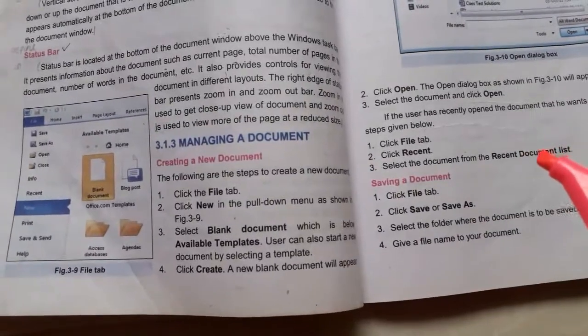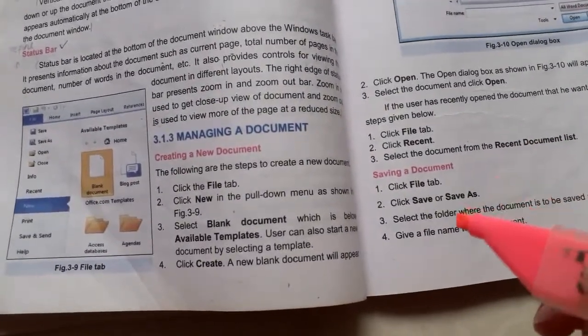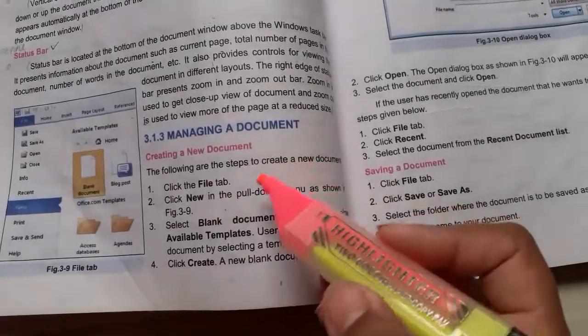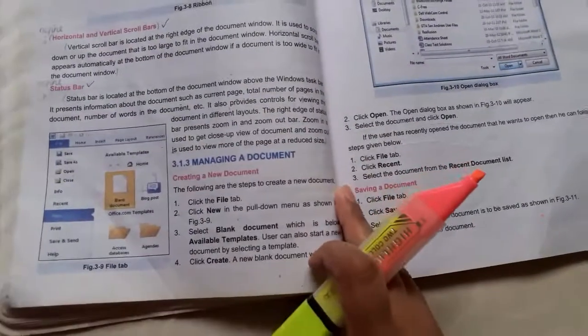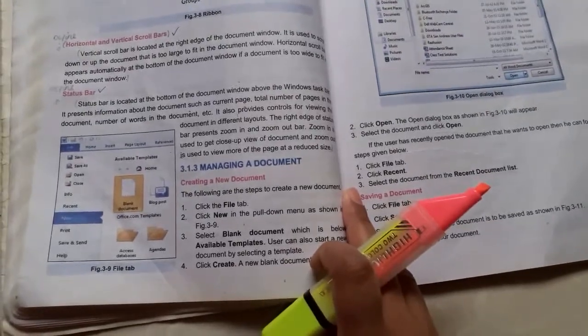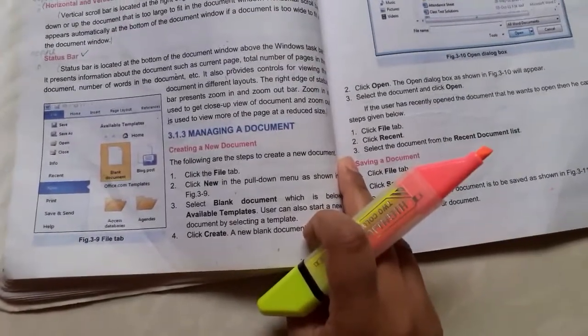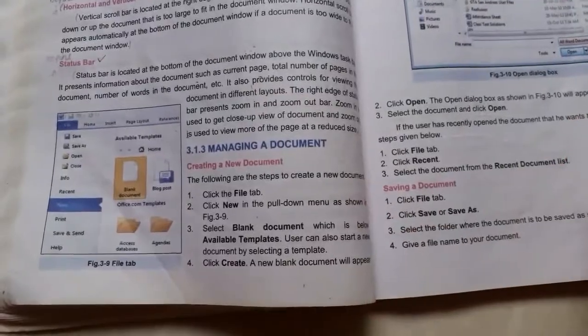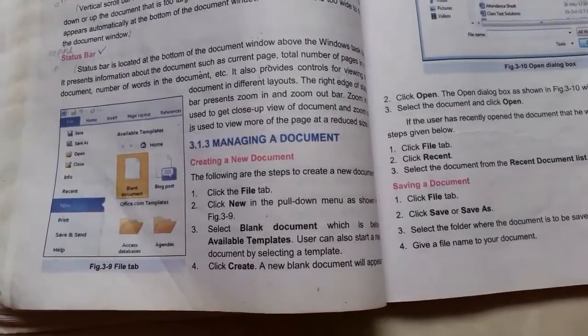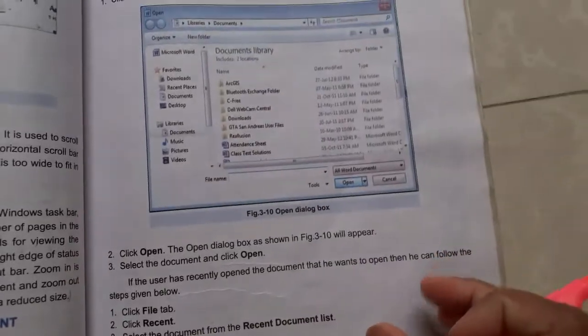So this was our topic of managing a document, and here we have discussed how to create a new document. Using the shortcut method is also one of the simplest ways of creating a new document. You just click on the Word icon on the desktop. I'll be showing you in the link also how you can open a document using a shortcut.